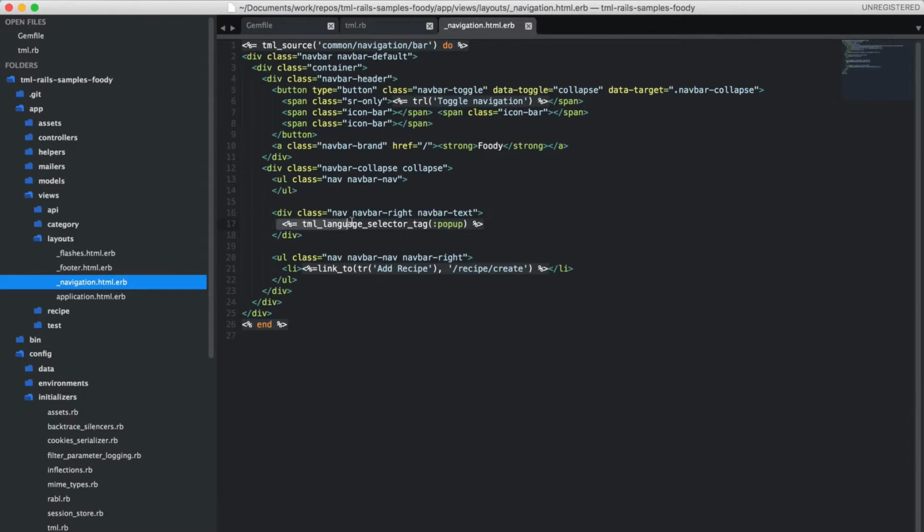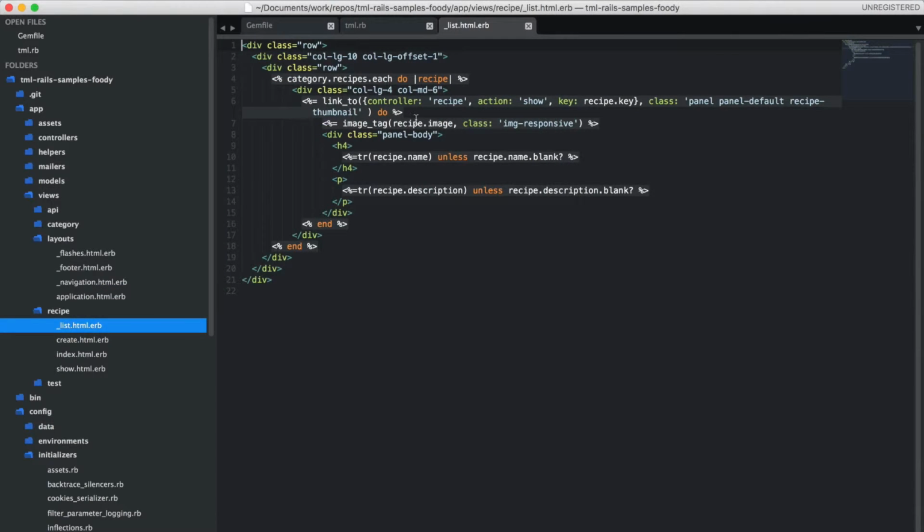And here, this is something that we provide. This is a language selector. The only thing that you really have to change here is the type of language selector. We have a pop-up, we have side flags, we have just flags, we have default. Here I'll just select the pop-up. Let's look at our view files. Let's say list. Here you can see a few more wrappings of the text, tr recipe name.